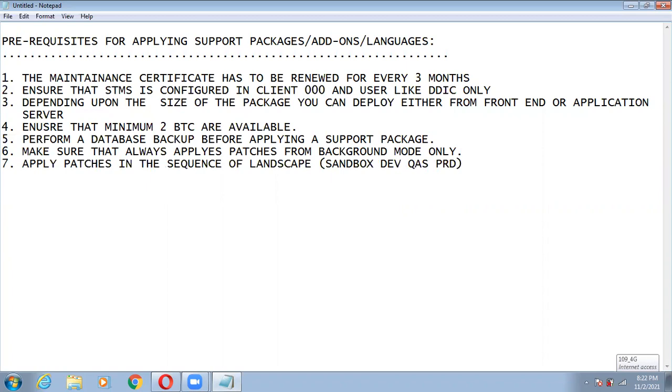In this order you need to apply the patches. Make sure that you apply in the sequence of the landscape only.